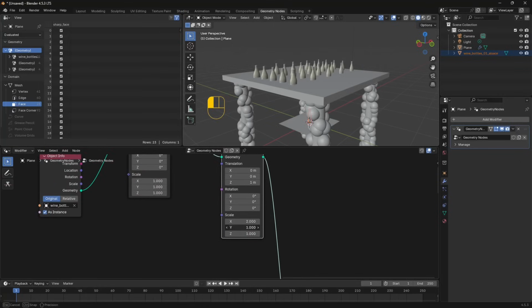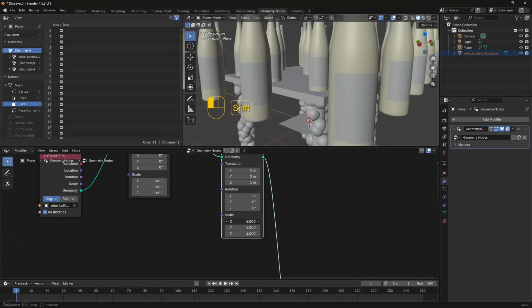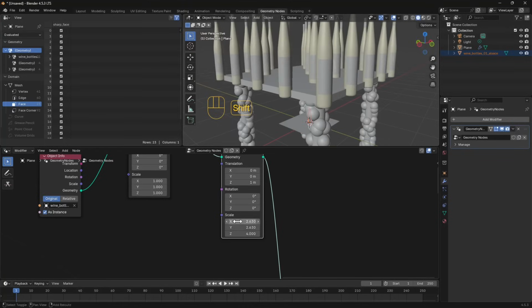So you can scale this. You can also hold Shift, click, and drag the left mouse to scale all at once. So we can say like 4, or we can again hold Shift, click with the left mouse, and select all 3